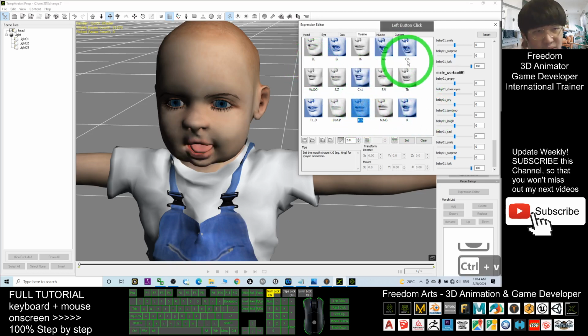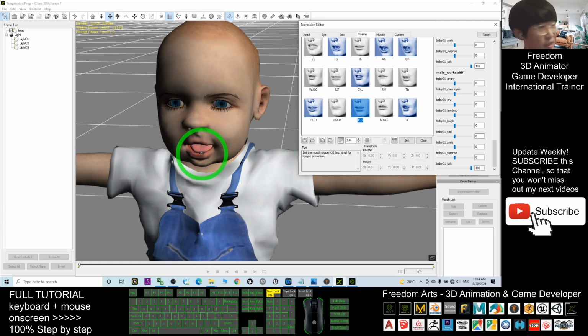This one also. You just need to paste a few so that later the talking animation will look like the baby is talking. It will automatically set it. Then you click. Once you finish this part already,